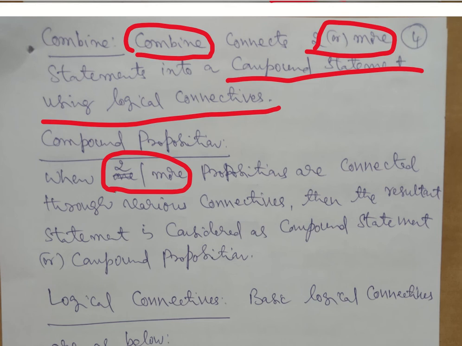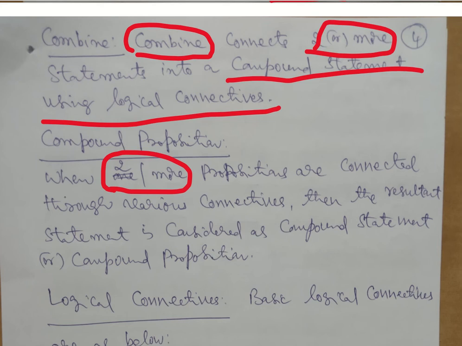probably you can go with 2 or more, but still, definition-wise, it should be 1 or more. Why? Because just now we have seen in the transform case, it is just one statement, and we used transform to turn it into a compound proposition. So 1 or more is also a good definition for a compound proposition, but if you have any confusion, I suggest avoiding that and going with 2 or more. But 1 or more is a more precise and valid definition. Okay, so let us go with 2 or more to avoid confusion at this level. But if you write 1 or more, nothing is wrong, and that should actually be fine.